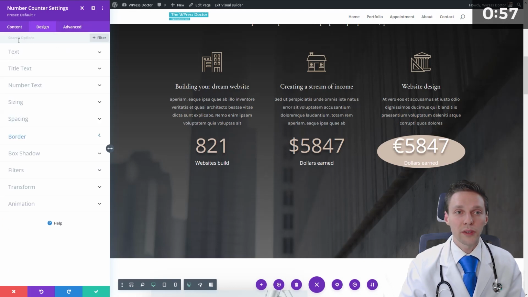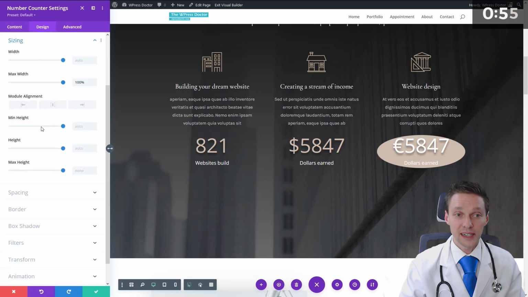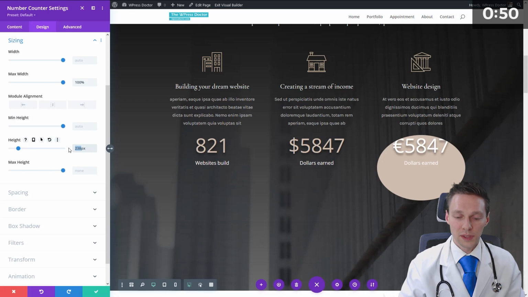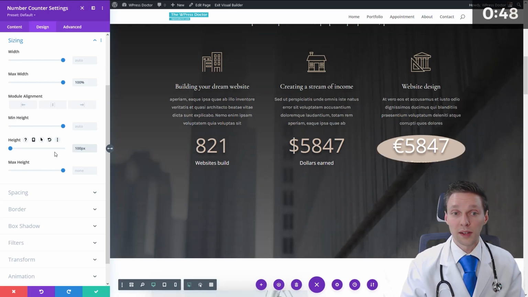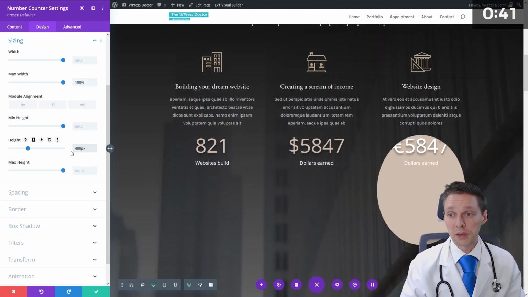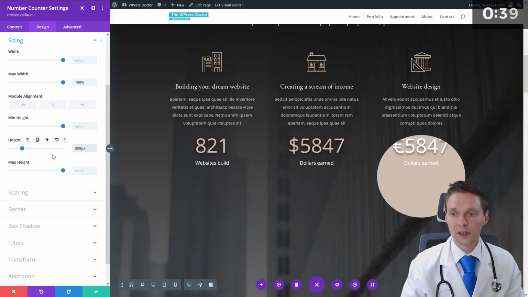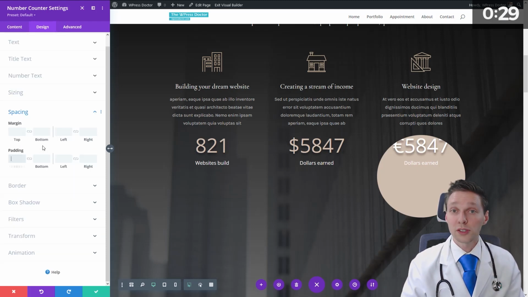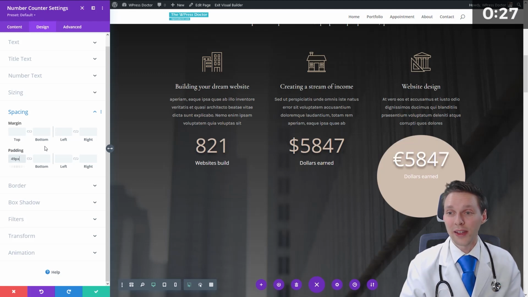So what are we going to do about that? We go to design, we go to sizing, we go to height, and we're going to change this a little bit to make it, for example, 100 pixels. Well, that's really not the way we should do it. 200 pixels, maybe 400. Whoa. All right, 300 pixels. This looks awesome because now it is a beautiful circle. However, it's a little bit too big. It is huge. We're going to spacing and we're going to add a padding right there. As you can see, oh, here we go. Now it,